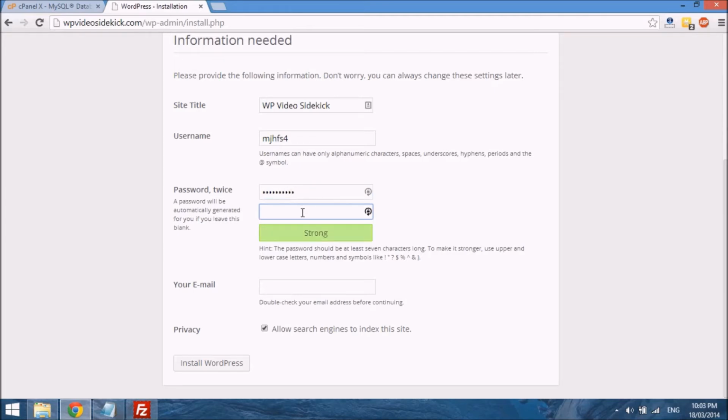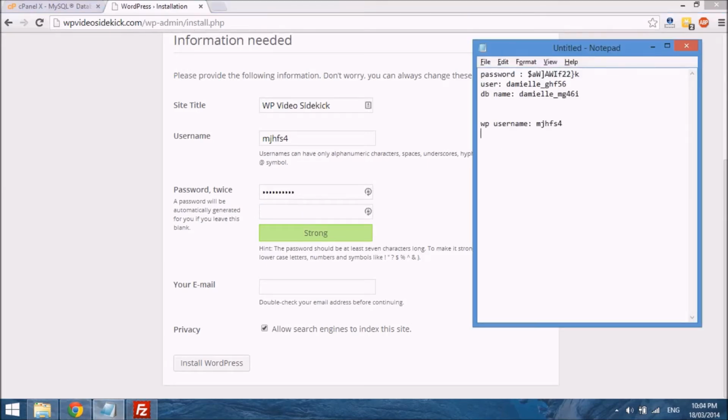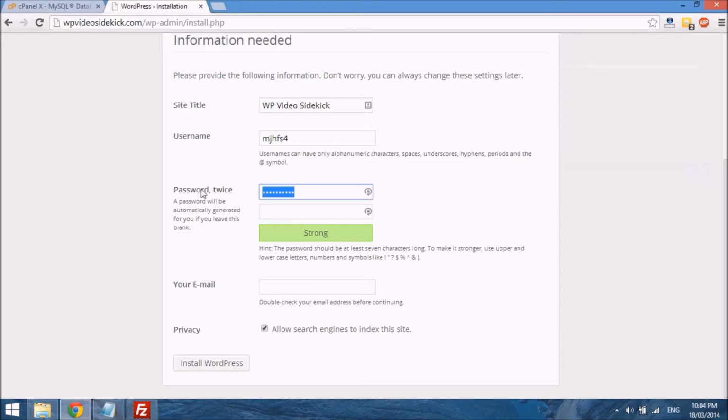Try using some common letters and capital letters, and what I'll do is just go back, WP password. So if we go, and I'm just creating a random password because this is just for demonstration. And if we go back here, and we just paste it in,